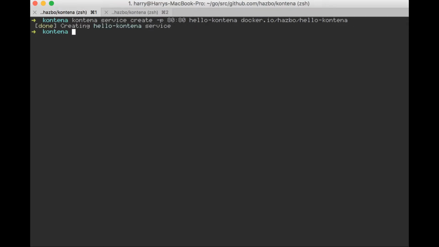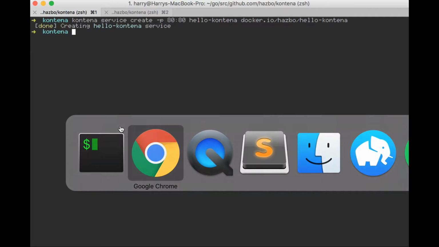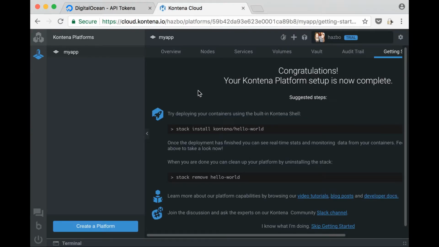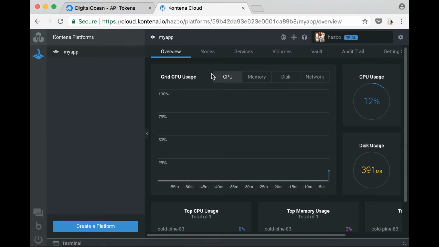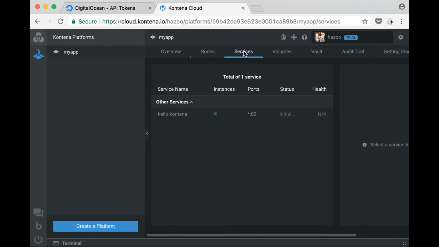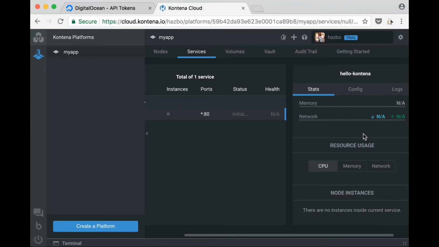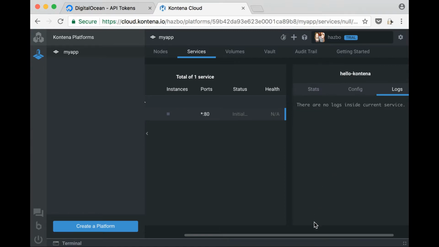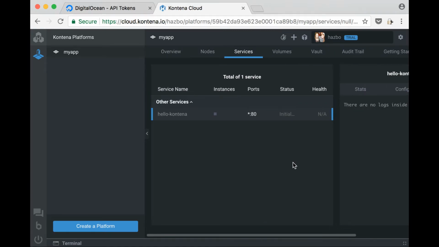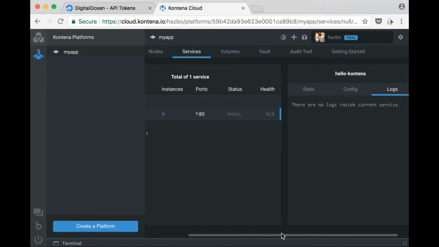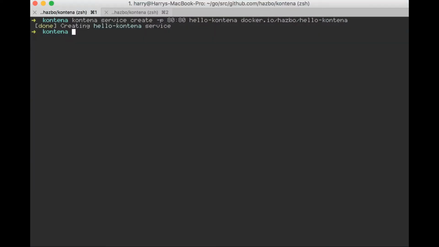And creating a service is really quick. It usually only takes, in this case, it took like a second. And if we go to our My App grid here and click on services, we can see our services right there. We can see the ports. So what happens if we click this? We get some information on it right here. We get logs. It's really cool, this web interface. Like, it's really clean. It gives you all the information, and you can get pretty much all the information using the CLI tool. This is just, I think this looks really clean. So let's go back to the CLI,